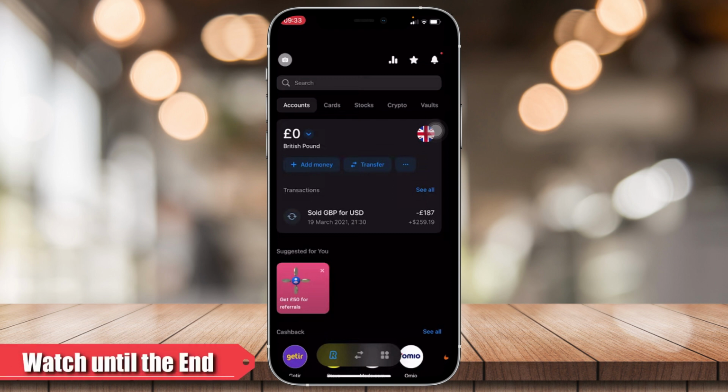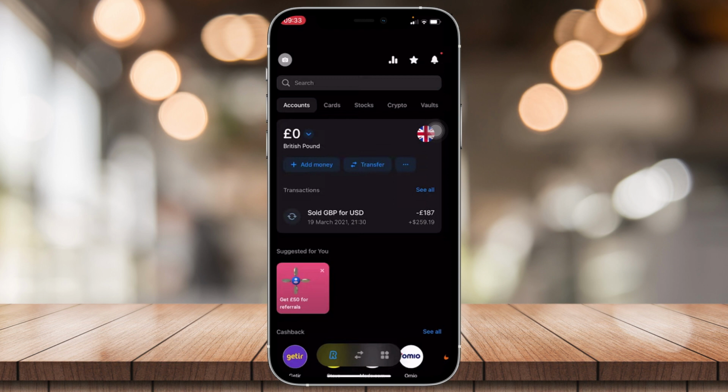Hey guys, for today's video, I'll be teaching you how to change your number details on Revolut. With this tutorial, you're going to be able to use a different and new number for your account. So let's get started by opening the profile icon